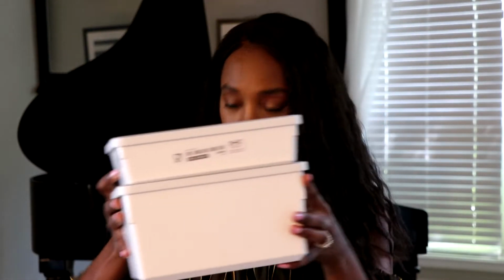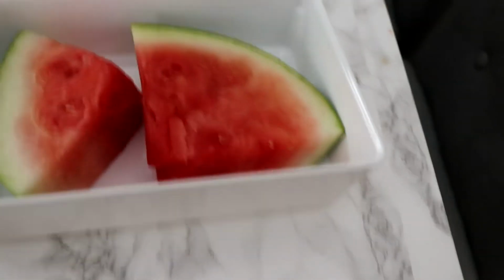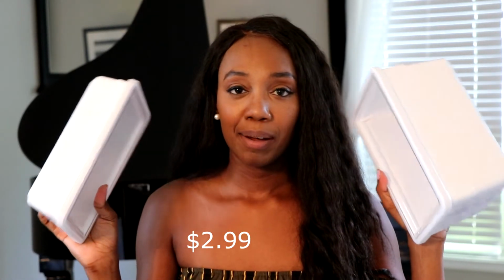Some things that I like to pick up from IKEA are definitely these storage bins. I think these are so durable and so nice. I love to keep my fruits in these to keep them fresh. And they have different sizes, so they're nice and white, so you can stack them in your refrigerator and it keeps your refrigerator looking nice and clean, and you can store so many things in these. I will put the prices of these in the video if I can find them. But yeah, these are definitely necessities and things that I love to have to store my